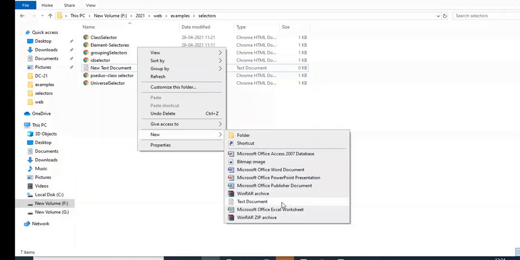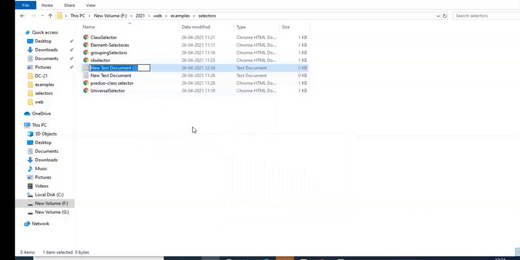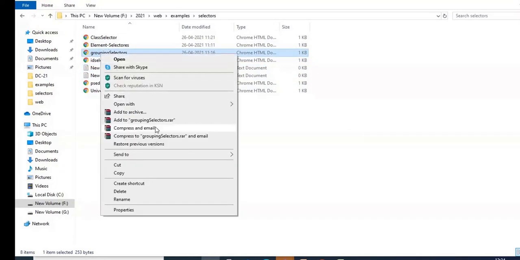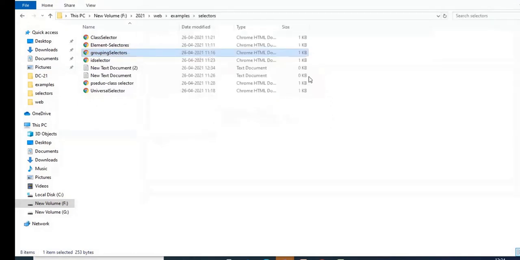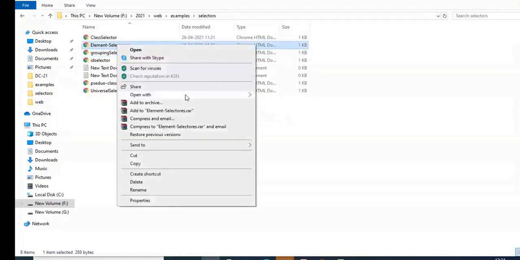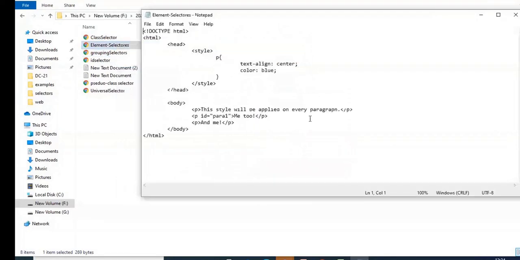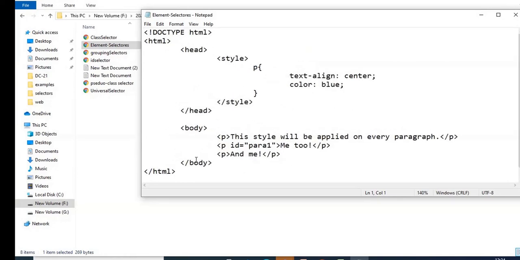You can install Sublime and type the program. This is the group element example. Observe the code, if it is visible. Focus on the syntax, how to represent it. For the element selector, whatever we used in the previous class example, where we started with the tag names, that is a simple element selector.